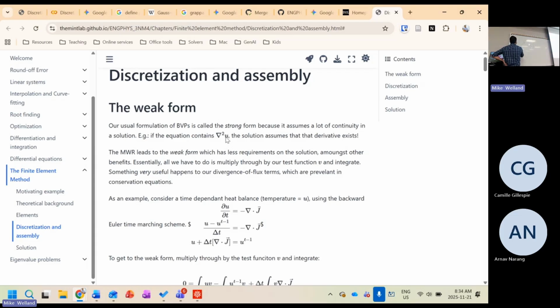We're going to call our test function v. We're going to worry about what it is later. And we're just going to multiply through is equal to